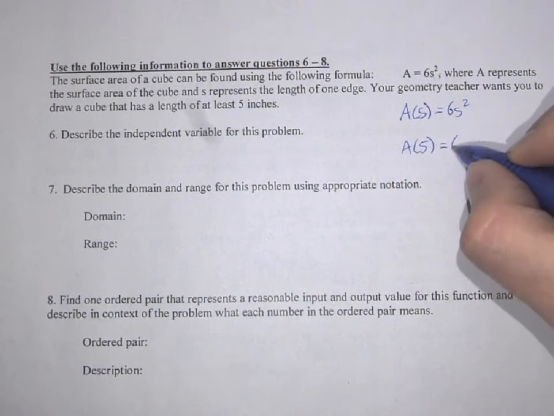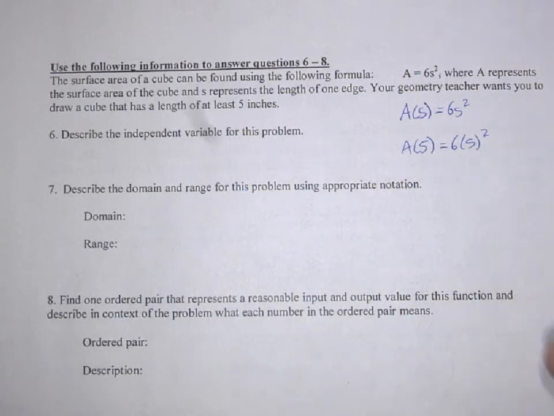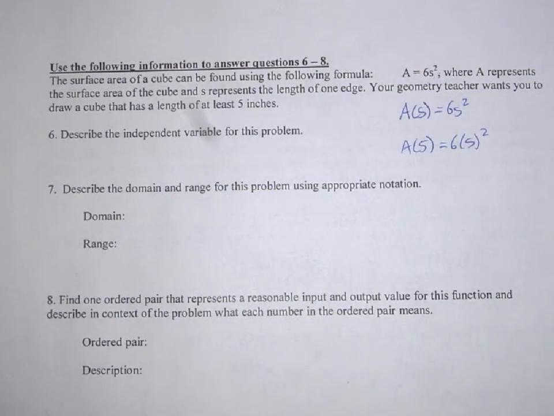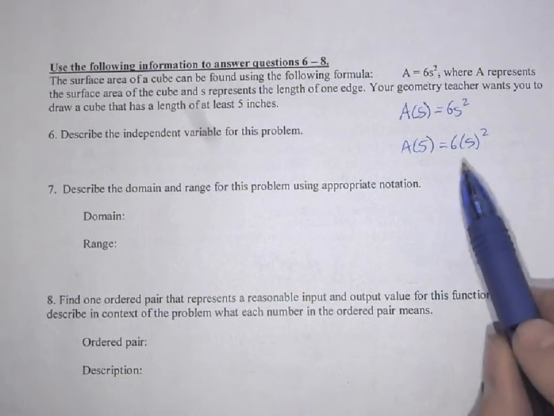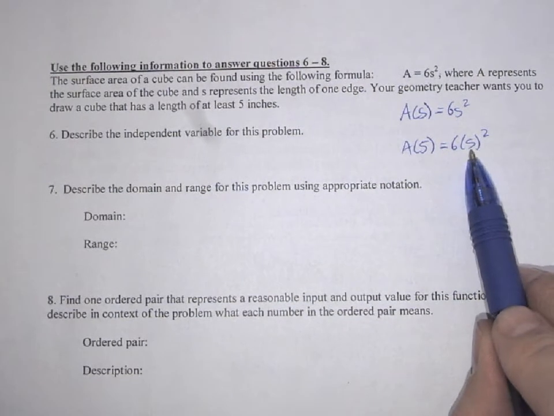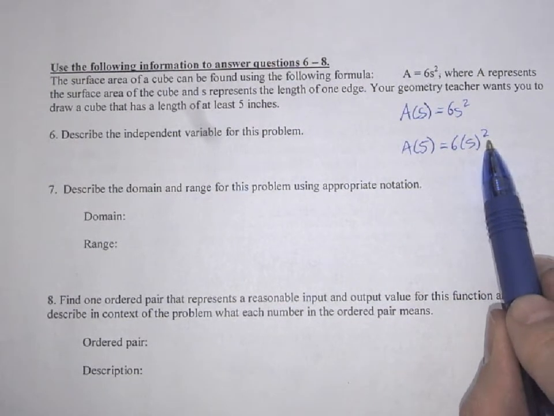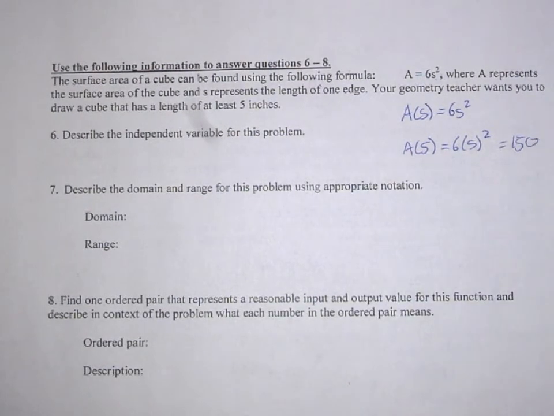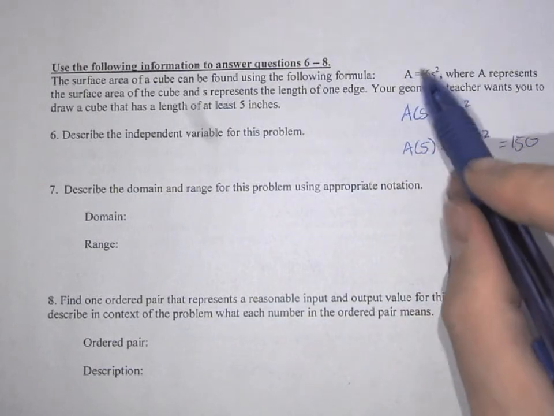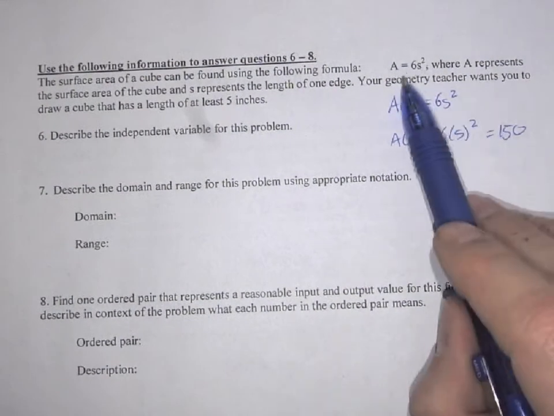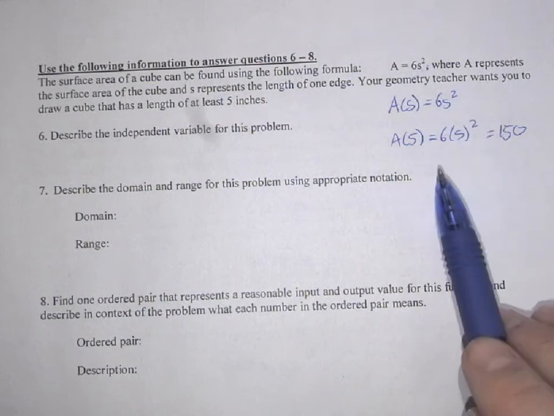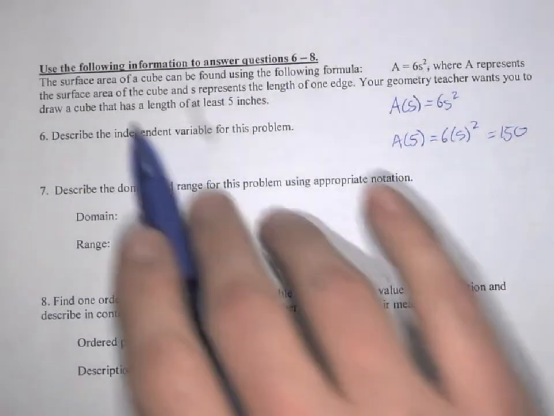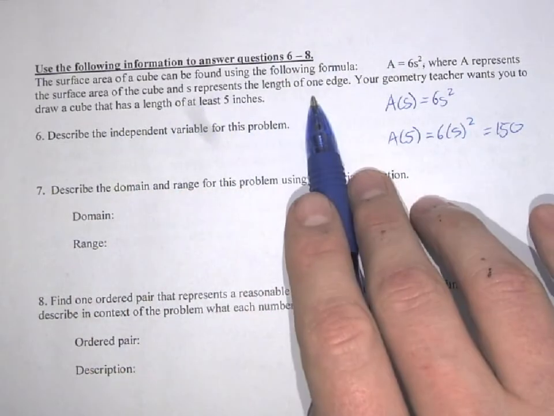That would give me 6 times 5 squared. Now, in class, a lot of people had a hard time with this because of order of operations. Don't do 6 times 5 first. You've got to do 5 squared first. So 5 squared would be 25. Multiply that by 6, and this is going to give you 150. So just unwrapping that function, A represents the surface area of a cube,